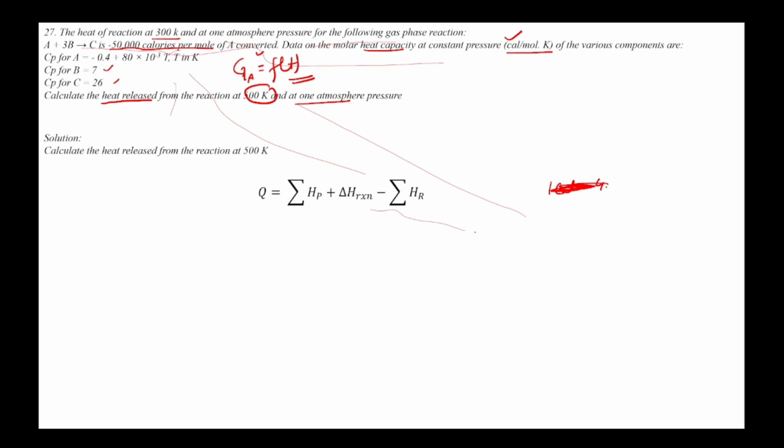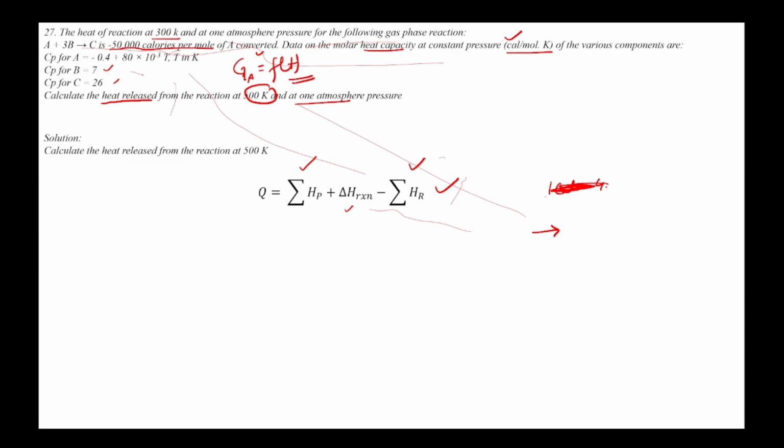I told you in the previous lectures, whenever stoichiometry comes with the energy balance, this equation will come. Just build that in your mind. This is the summation of heat of the products, minus heat of the reactants, plus heat of the reaction,